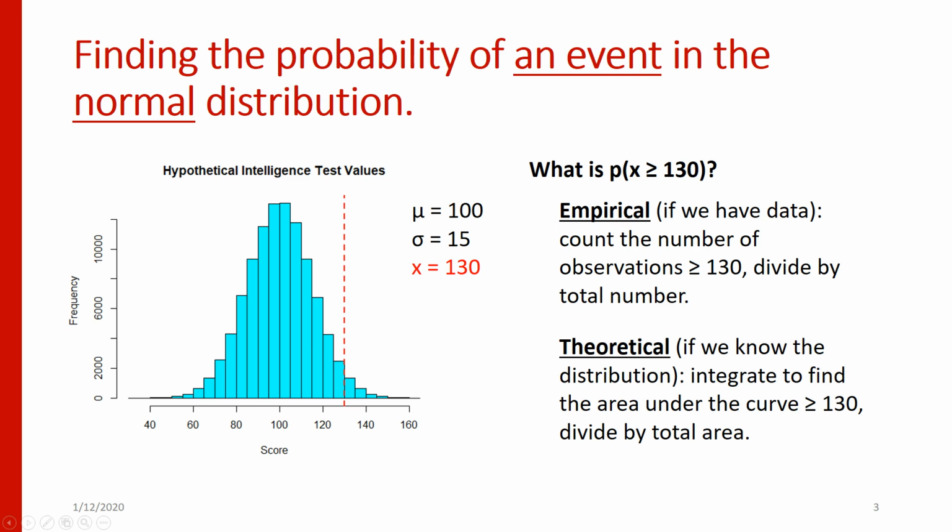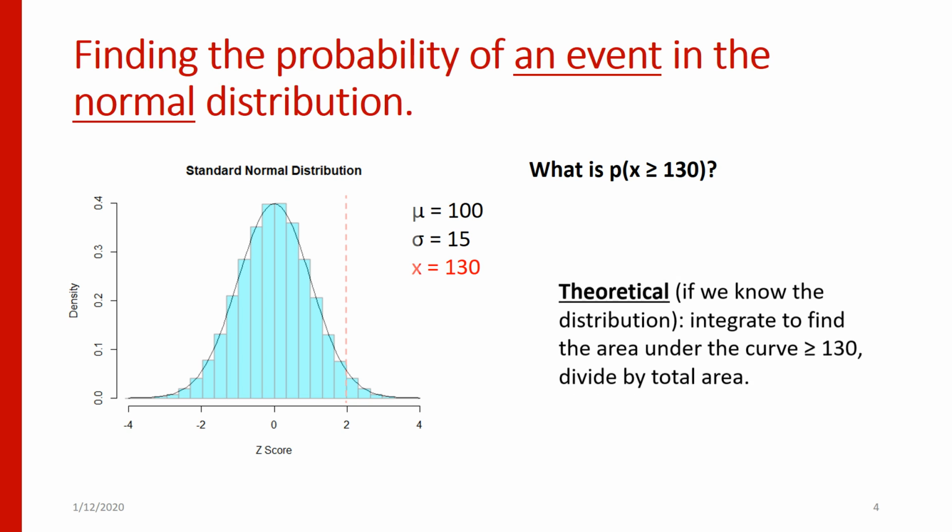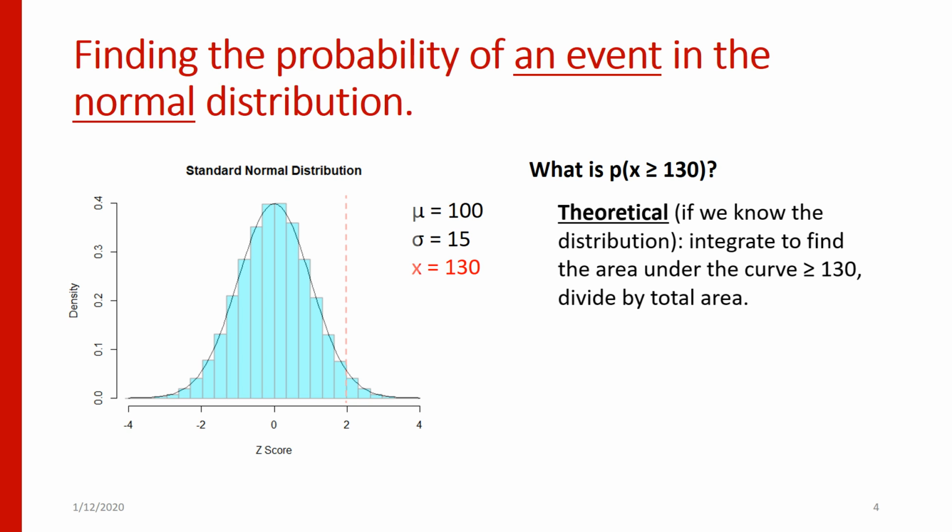So if we know that the underlying distribution here is normal, rather than having to count all of the individual observations and then divide by the total number of observations, what we can do is integrate this total curve to find the area under the curve, and then compare it to the area just under this part of the curve if we truncate it at 130. We can then say, what proportion of the scores would be greater than or equal to 130 in a normal distribution? So being able to approximate these things theoretically is especially useful